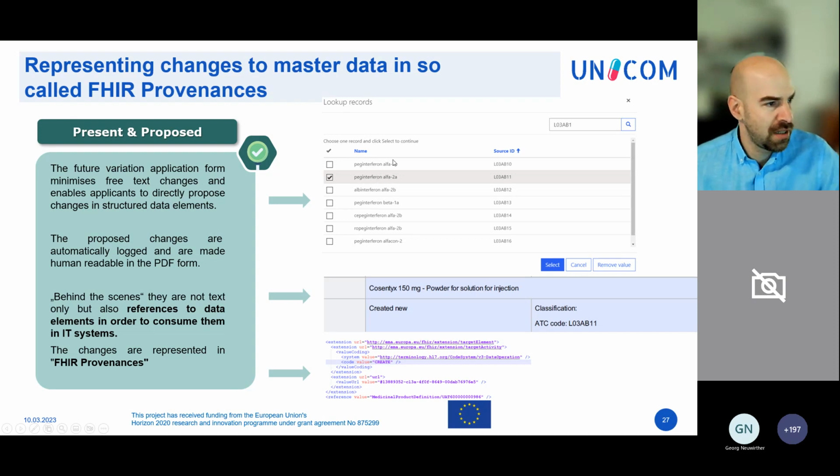In the past, if you wanted to change an ATC code, you just wrote it as free text in the present and proposed. But in the future, you go to the PLM portal, you see this neat little screen where you say, okay, I want to have the LO free, and then you select a specific ATC code. And this gets automatically shown in the PDF in the present and proposed. If you selected one of these products in the PDF, it will show your product name. If you haven't had the present, it will just show this is a new code. And in the proposed, it will show the ATC code. Nobody has actually written this.